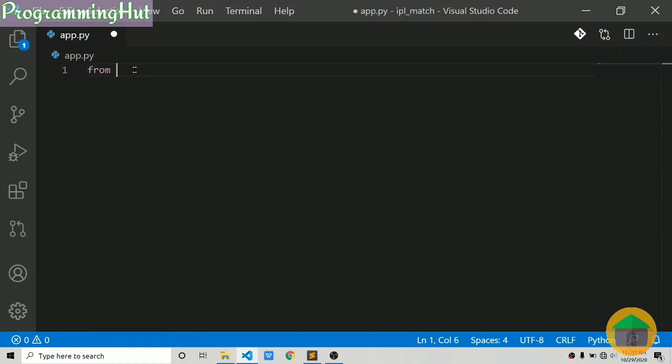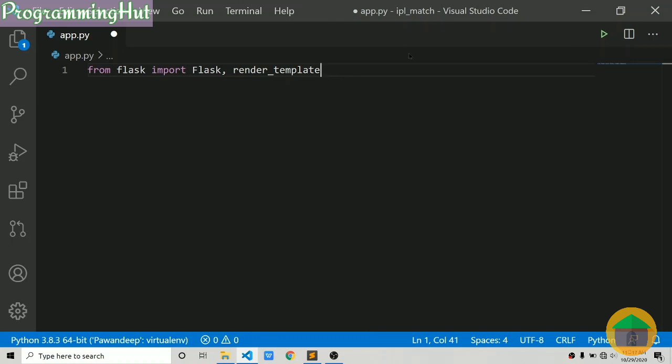So first of all, from Flask we are going to import Flask, and also we will import render_template. If you don't know what render_template is, it is a function built into Flask which is used to render HTML web pages. So we won't have to write the whole code in the route. Instead, we can just point to an HTML file. In a bit you will know what this render_template is doing.